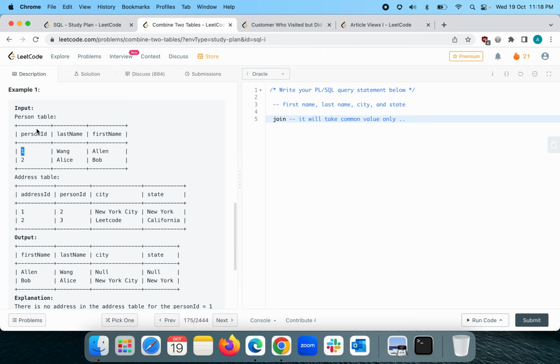We will be doing the left join operation on the basis of this column, the person ID column, because it is common between these two tables. The common value is 2 here. So for this particular ID, the last name will be there, the first name will be there, and city and state are also given to us because it is matching. Okay, for one,